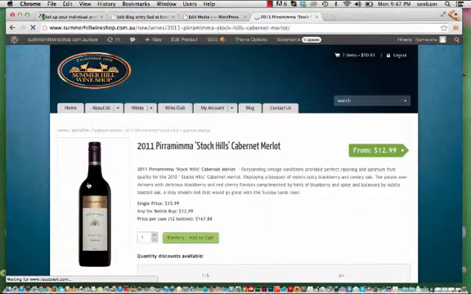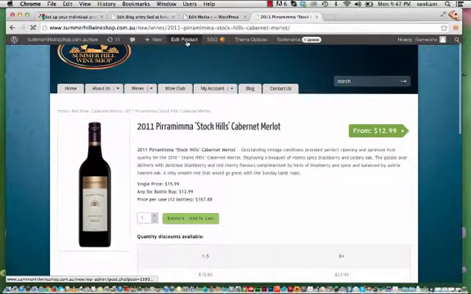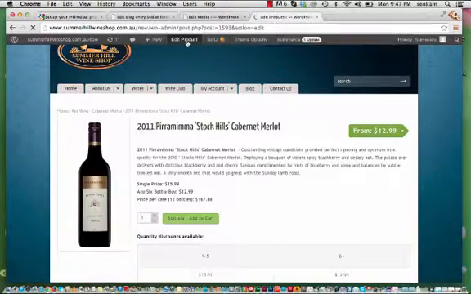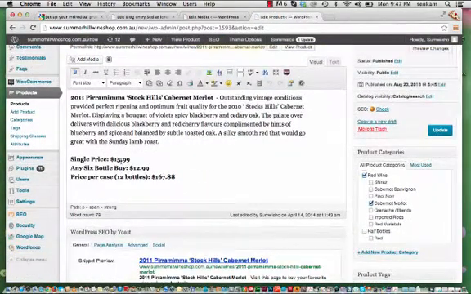We'll click back onto that product there and edit product up the top here, and I'll put it back to the price that it was. So that was 16, that was 13,